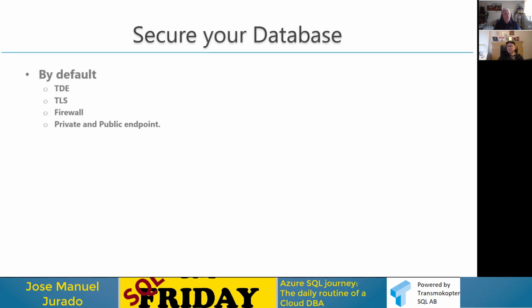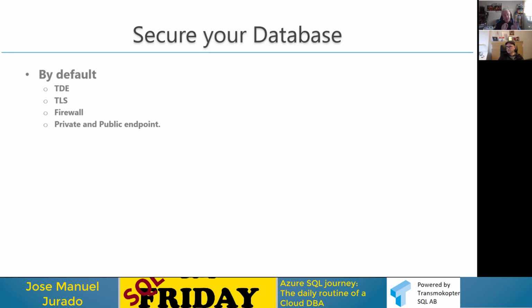But if you want to use a private endpoint, it means that only the machines using ExpressRoute, VPNs, or the machines that you have in the same VNet and subnet in Azure will have direct access to this database. It's very important to mention one thing. Private endpoint does not mean that your SQL Server will be in the same VNet and subnet.